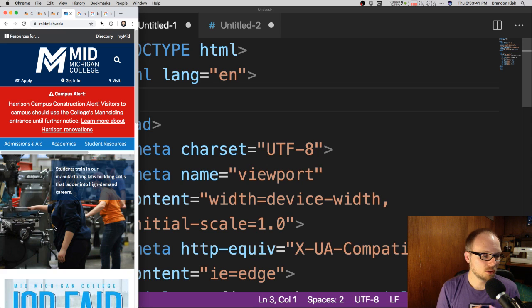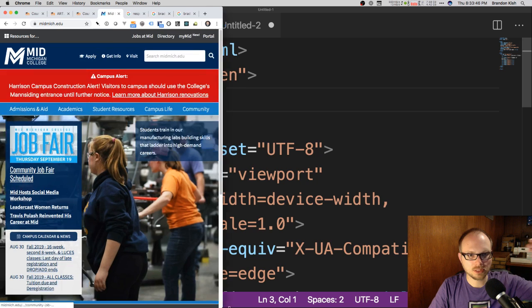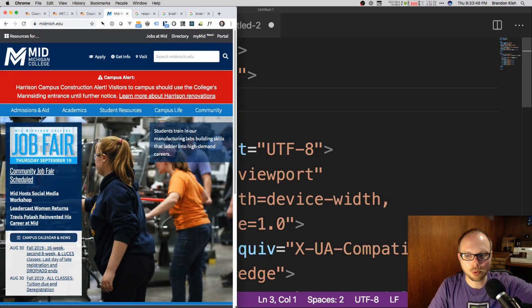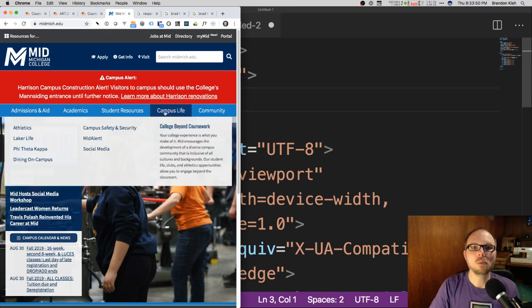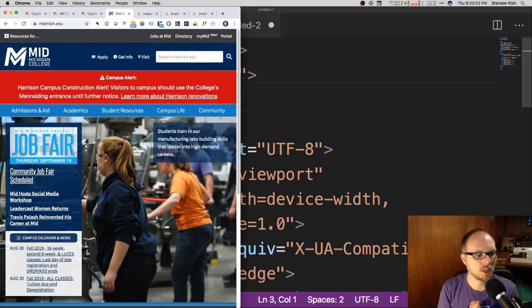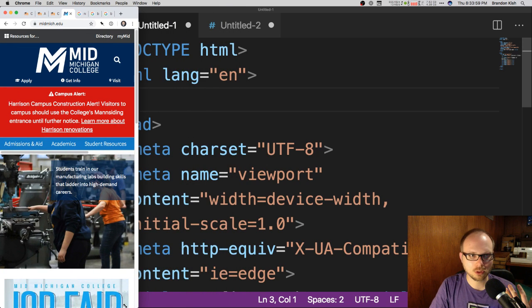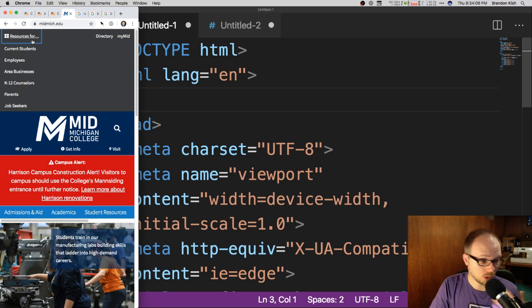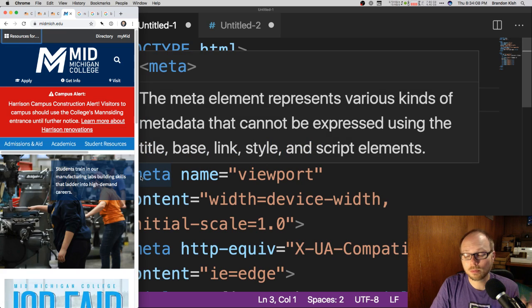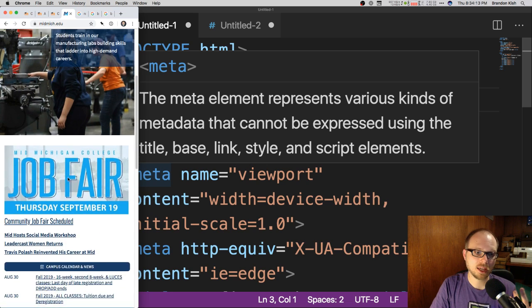If you start writing your CSS to be the mobile size, then what you can do is ladder on top of that additional CSS queries that will say when the viewport is actually this size, show more content. That's one of the basic things that we'll be learning is how you can show and hide content on different screen sizes. So you'll notice that when the Mid website is shrunk down, this top toolbar looks significantly different. If I want to, I can open up menus of links, but there's just no room for them by default. We don't want lots of information at the top that takes away from the main content of the page.